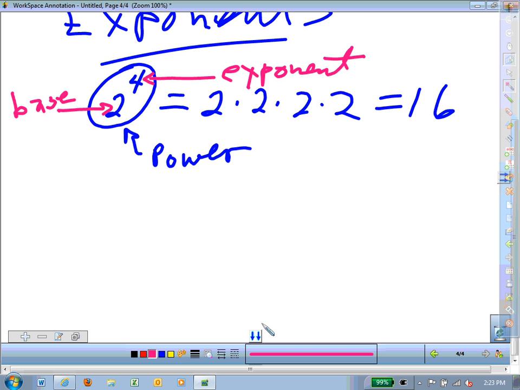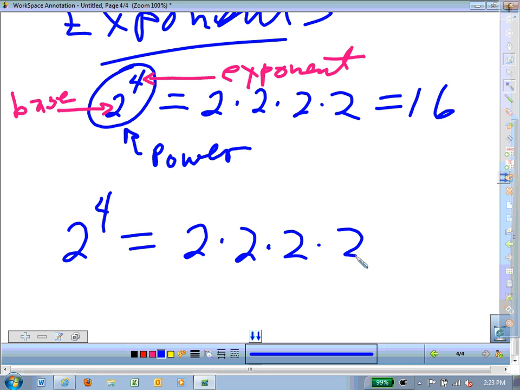So you kind of remember that, but you might have forgot those words a little. Now, when I write this as 2 to the 4th instead of 4 2's,